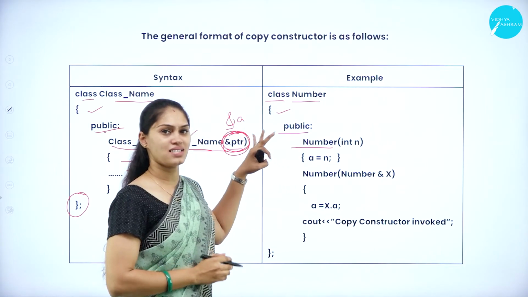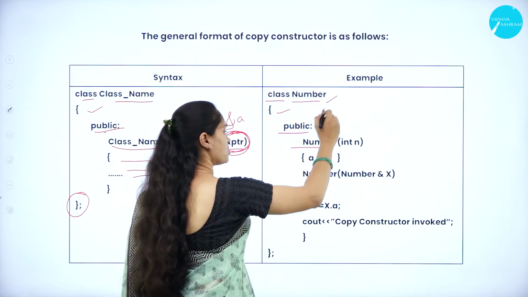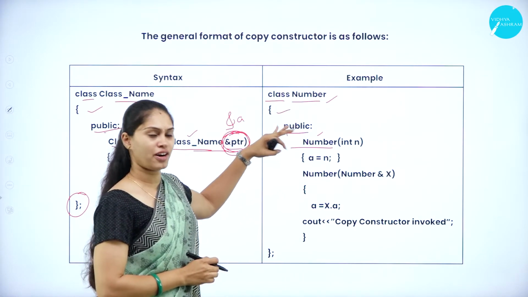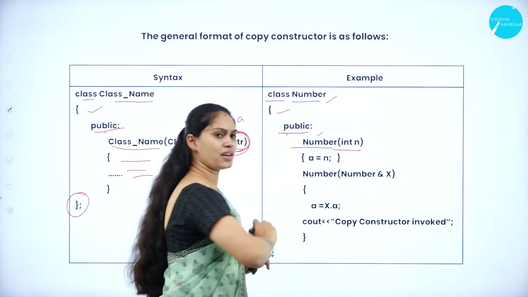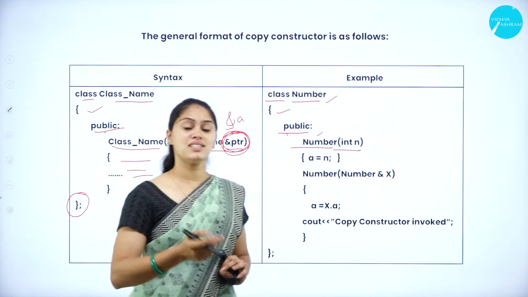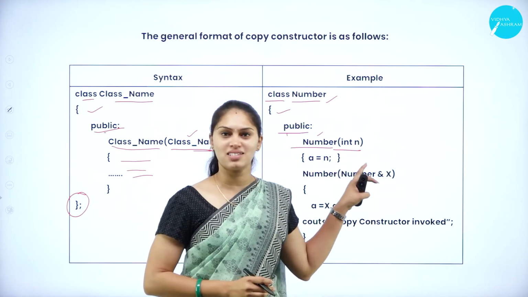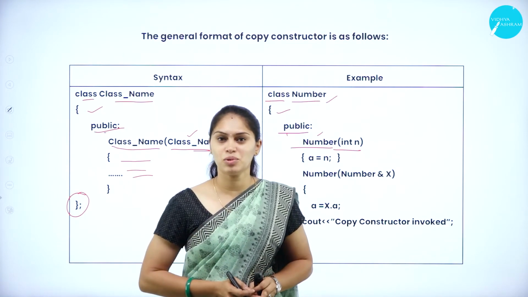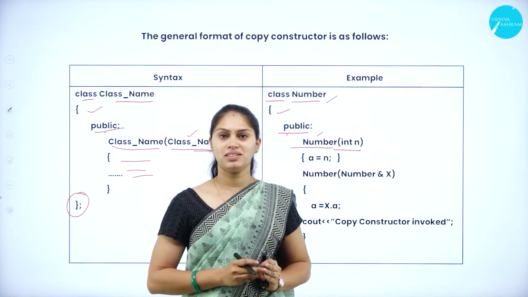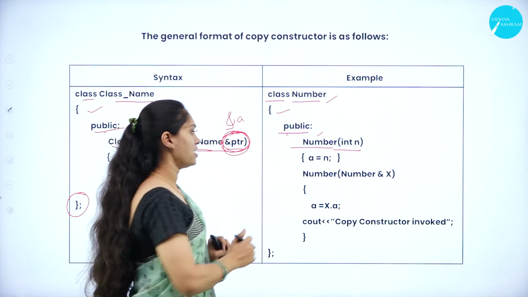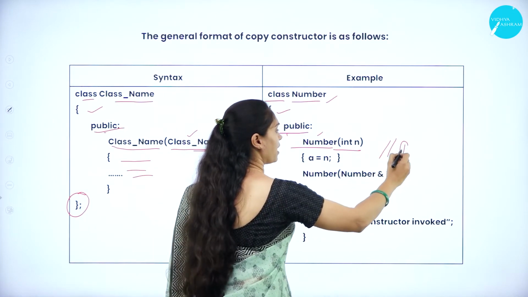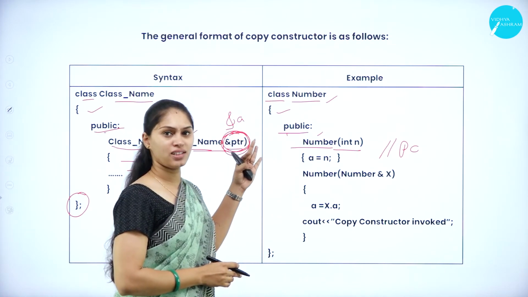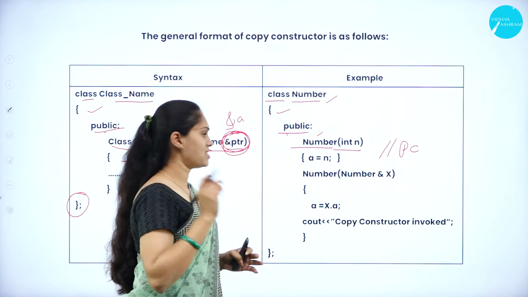How can I call this a constructor? It has the same name as the class. So Number is the name of the class as well as the name of the function, and I am sending some parameters. What am I sending? I am sending some arguments. Then which type of constructor is it? It is a parameterized constructor. It is going to accept one or more arguments or parameters within it. So I can call this first type of constructor a parameterized constructor, because the copy constructor is also one of the parameterized constructors.